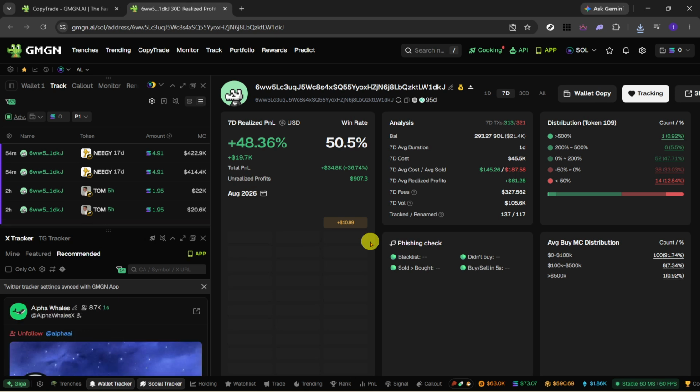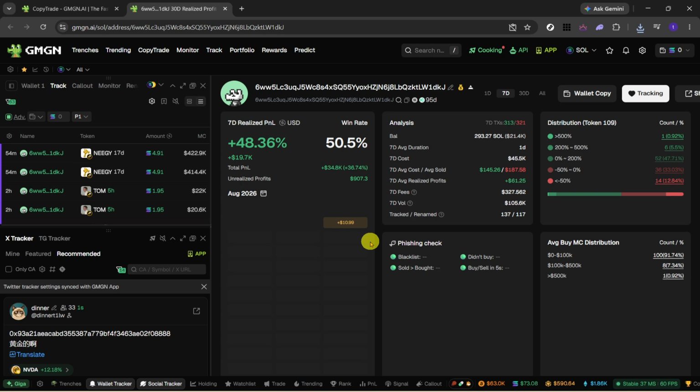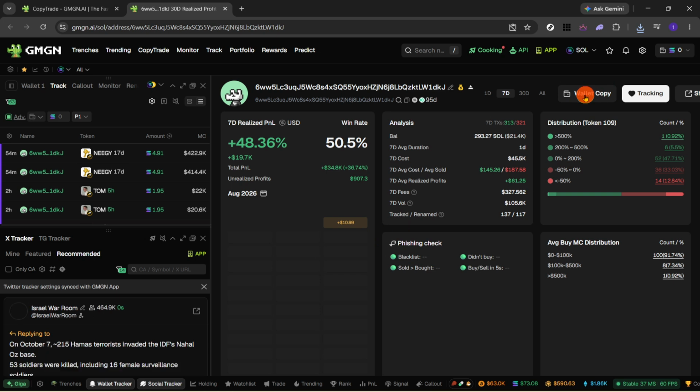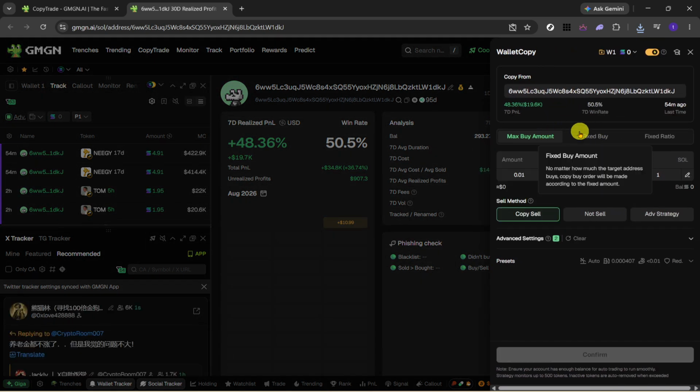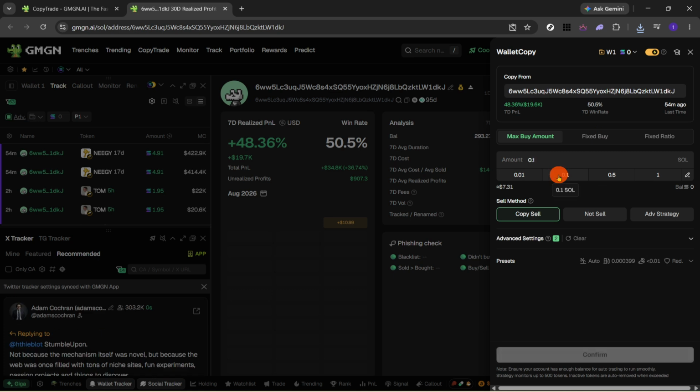When the wallet page opens, click on Wallet Copy. This tells the platform that you want to copy the activity from that wallet. In other words, you're beginning the configuration that allows trades from that wallet to be mirrored according to the settings available on the page. Be careful to click the correct option, since this is the main action that starts the